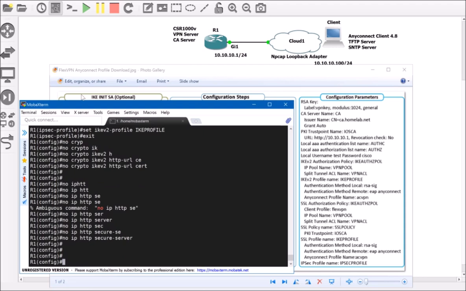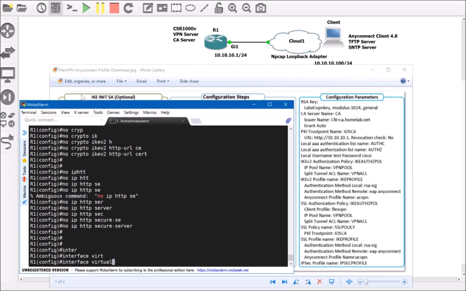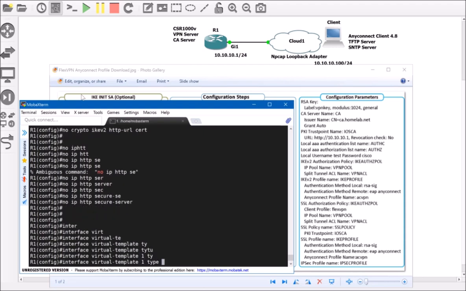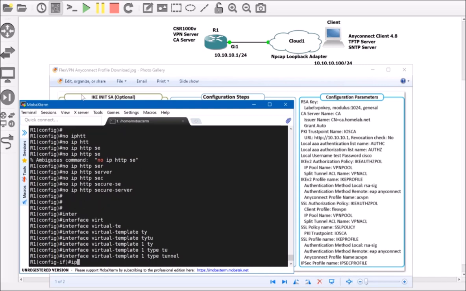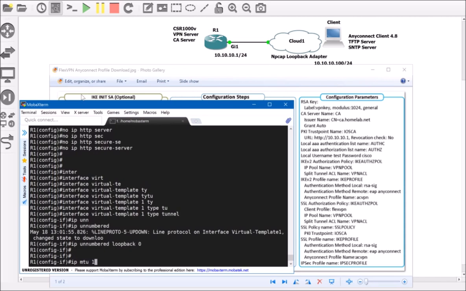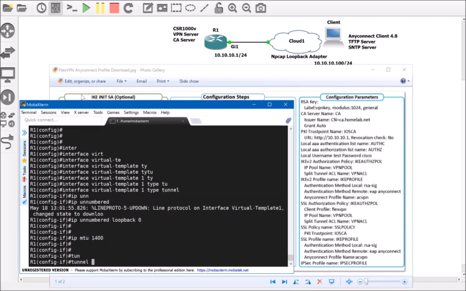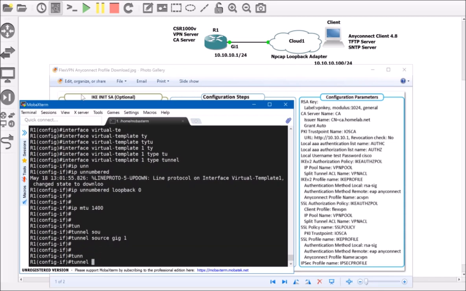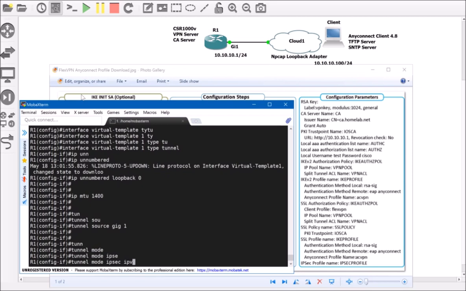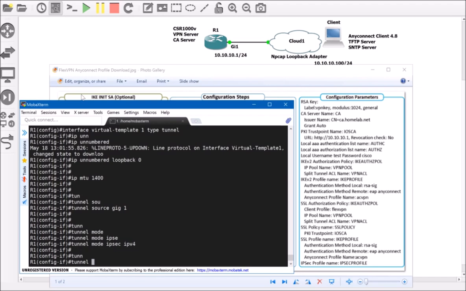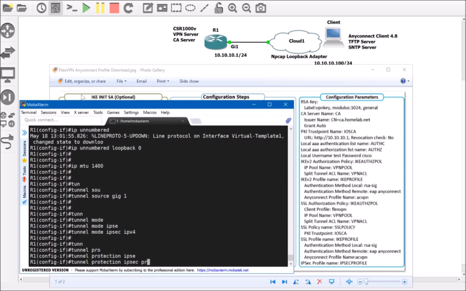Then let's create the virtual template and apply the IPsec profile. Interface virtual-template 1 with the type of tunnel, ip unnumbered loopback 0 that we defined, ip mtu 1400, tunnel source would be gig 1, and of course tunnel mode ipsec ipv4. And finally tunnel protection, apply the IPsec profile here, ipsec profile